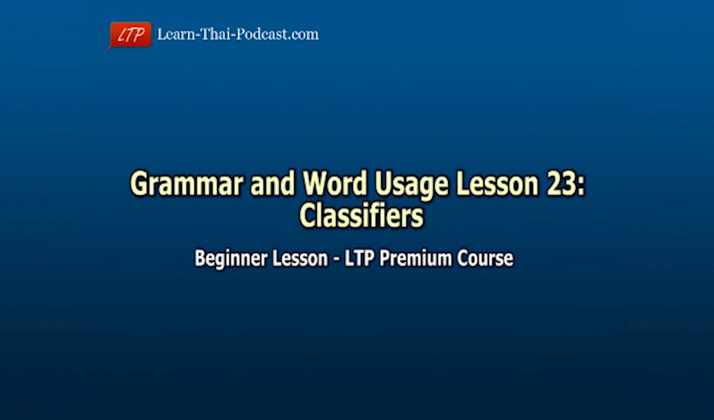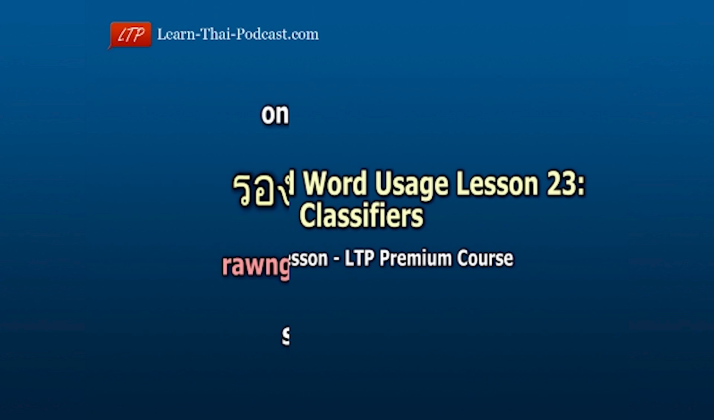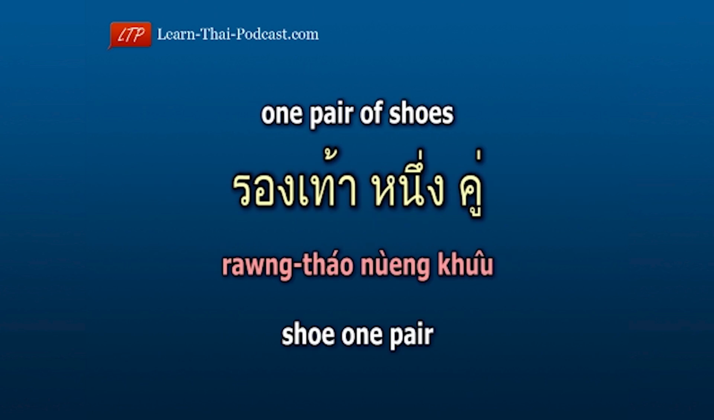Welcome to the 23rd Beginner Grammar and Word Usage lesson of the Learningthai podcast premium course. In this lesson, we will teach you about classifiers. In the Thai language, you use different words to describe quantities of different things. For example, one pair of shoes. รองเท้าหนึ่งคู่